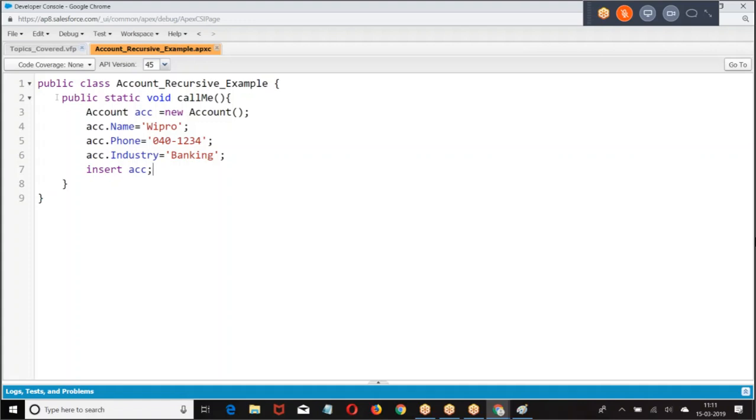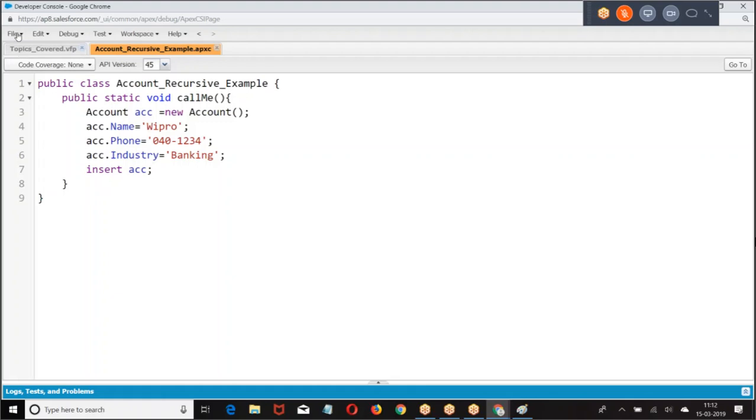Am I right? Whenever we make an attempt to insert an account, the account trigger will be called. Am I right or wrong? When you make an attempt to insert an account, the insert trigger on the account will be fired.